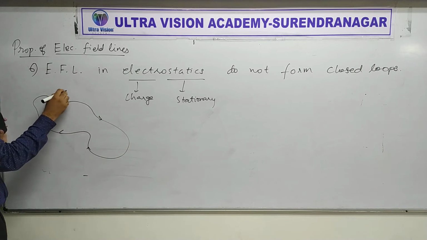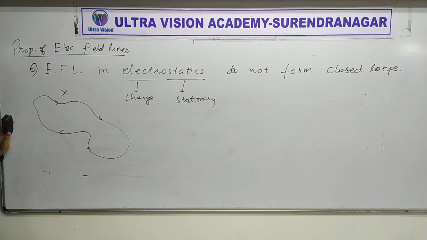Okay, this is a wrong diagram. Understood? This is a wrong diagram. Actually, if you look at the previous point, you will understand it can't be like this. Field line has to start at positive charge. Then if it comes back to the same point, we have a problem. The problem is field line should end at a negative charge. But this one is ending at a positive charge. Understood? So that's the problem we have.